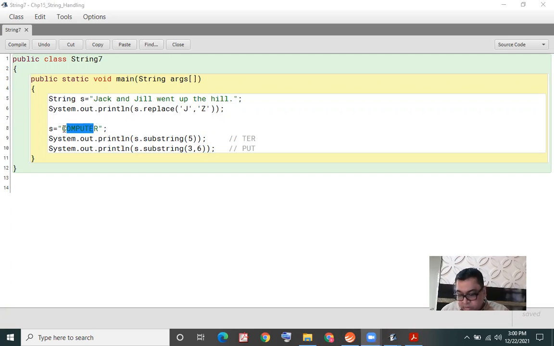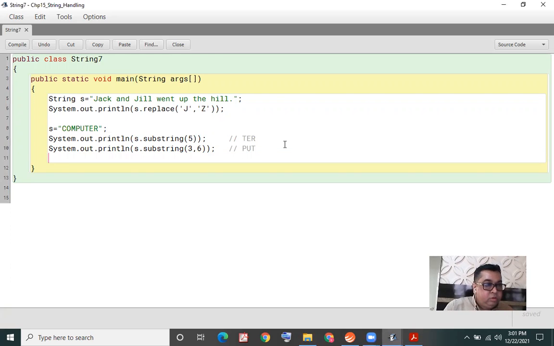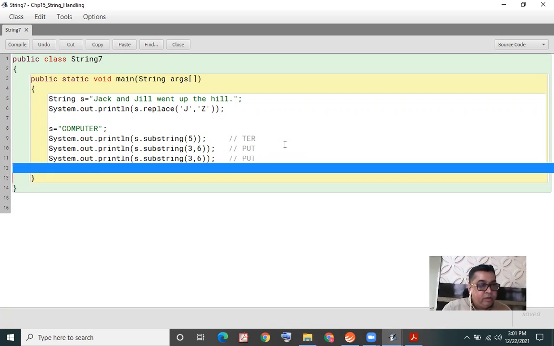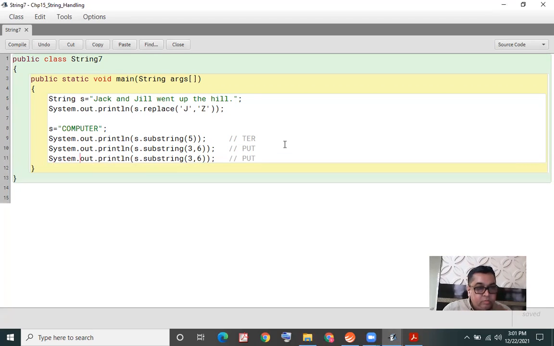Looking at the correct answer I received from somebody, the answer would be the output as OMPUTE.